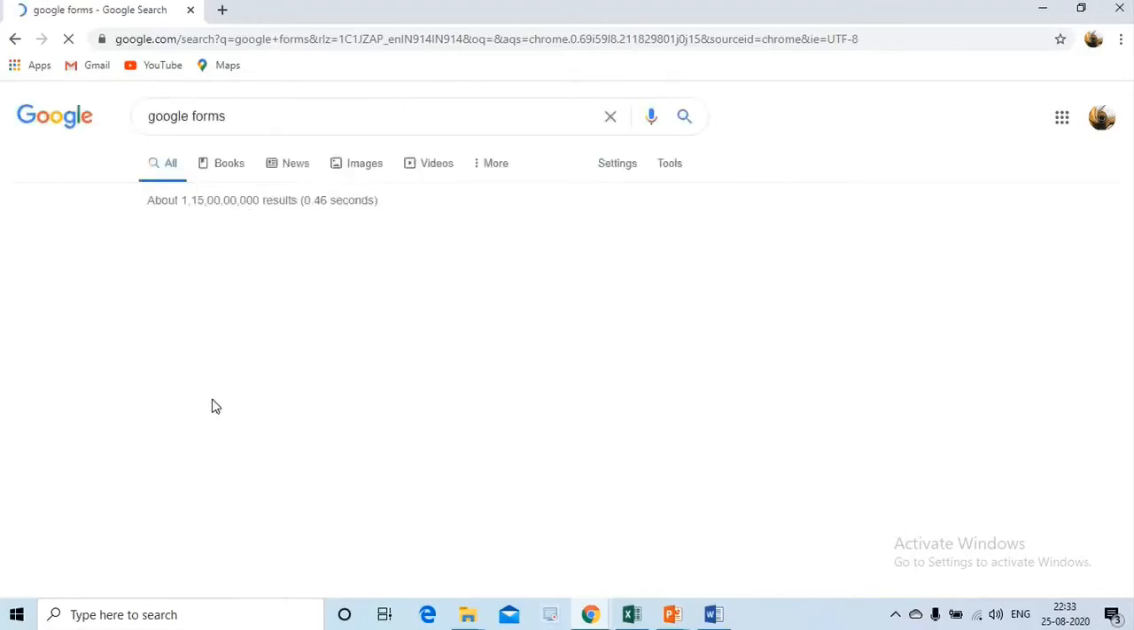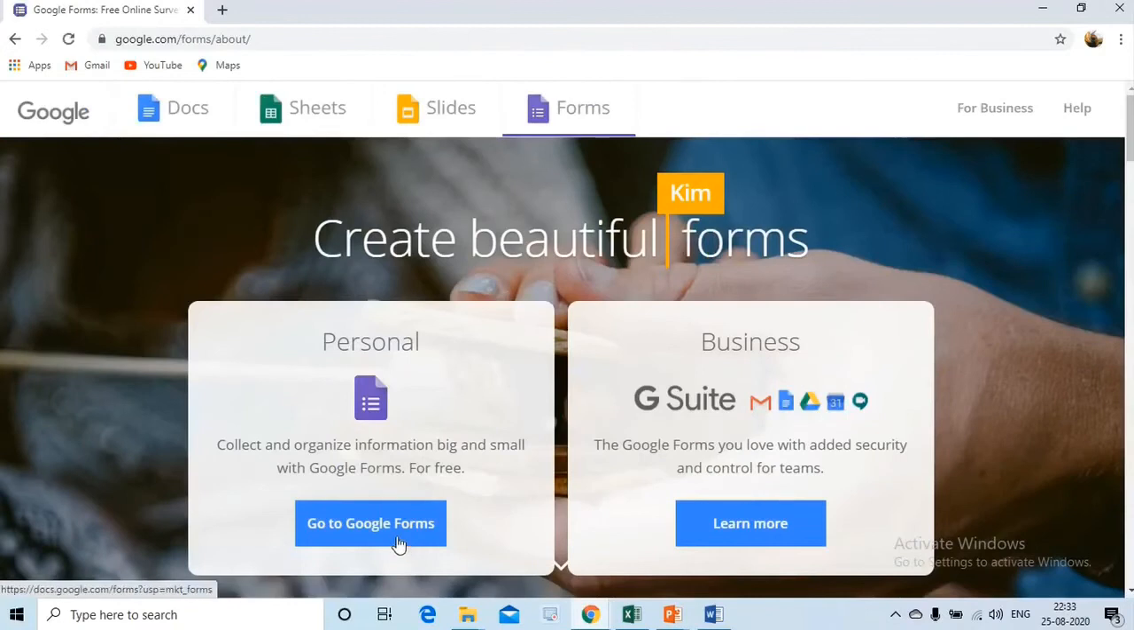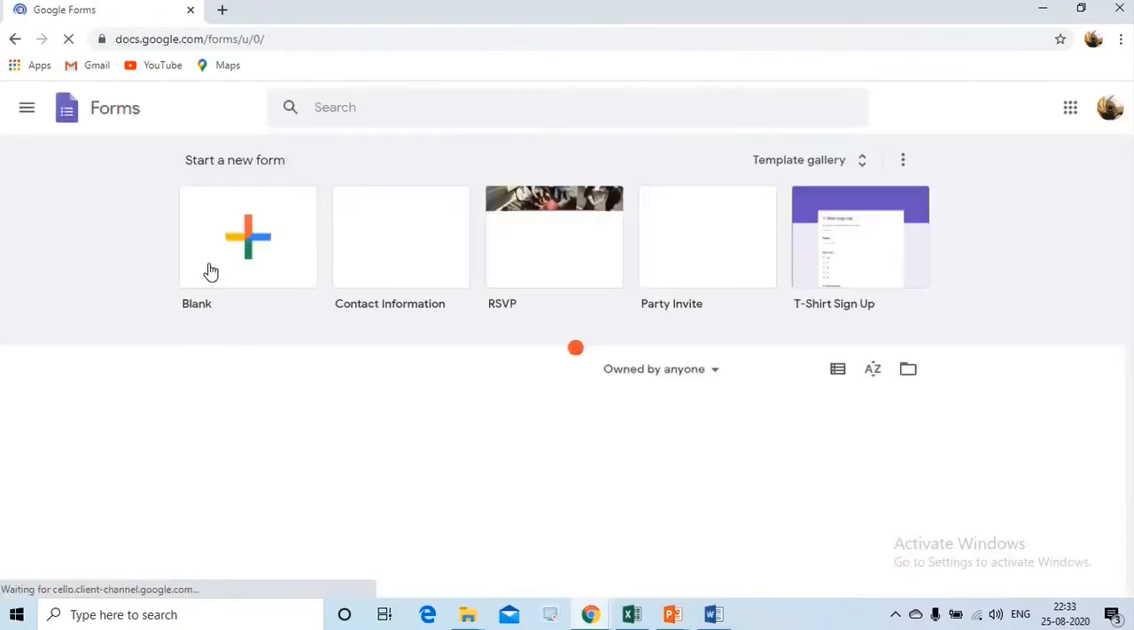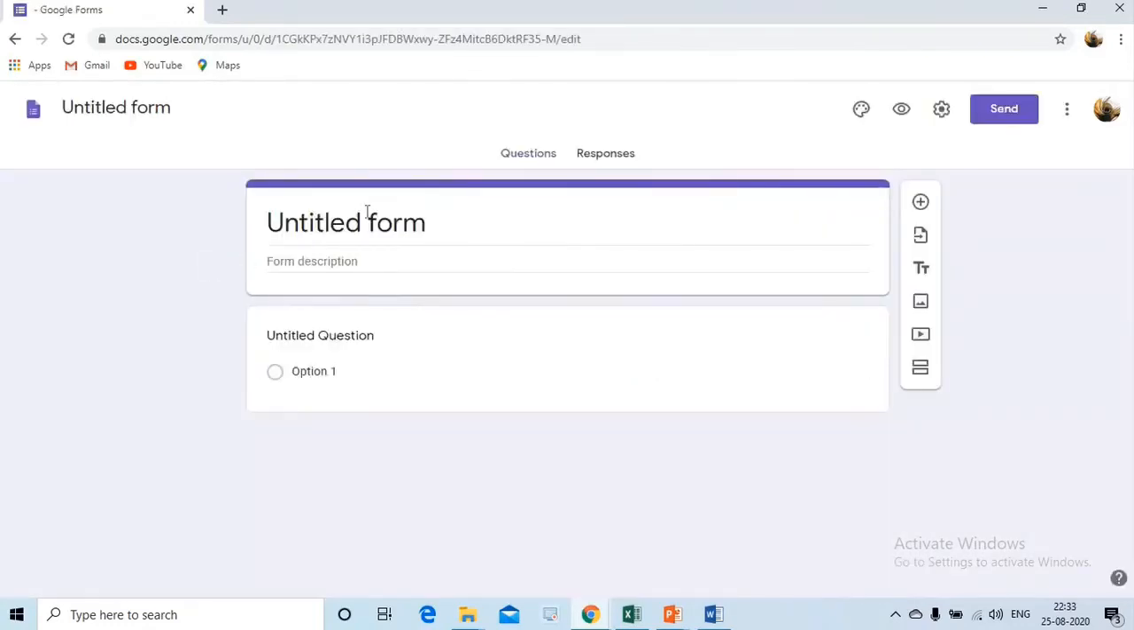Google Forms. Opening is taking a little more time than expected. Okay, we've got the Google Forms. Going to personal, go to Google Forms, starting with a blank form,